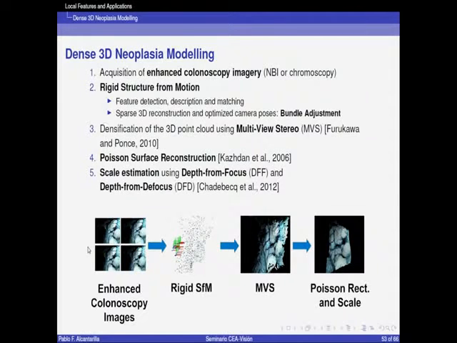The dense 3D neoplasia modeling has several steps. The first step is to use a video stream of enhanced colonoscopy images. We are going to detect a set of features, compute descriptors, and perform a rigid structure from motion. In this approach, we consider that the doctor is not deforming the polyps under the area of exploration, so everything